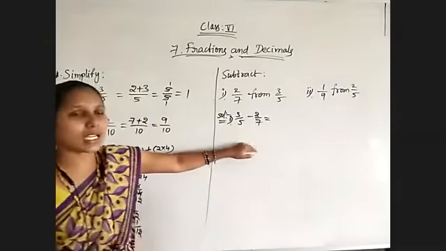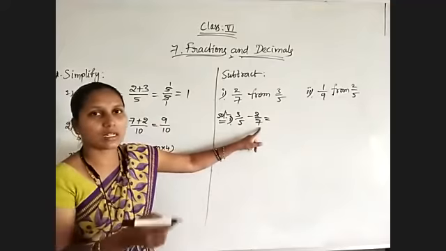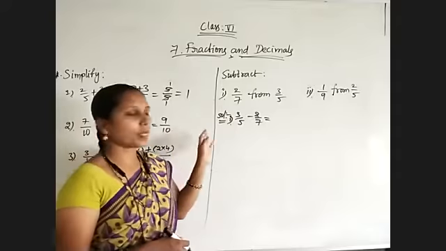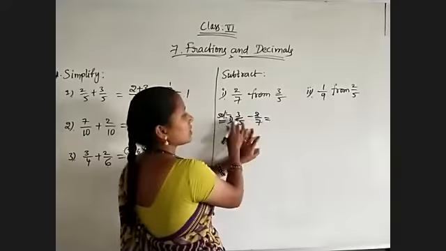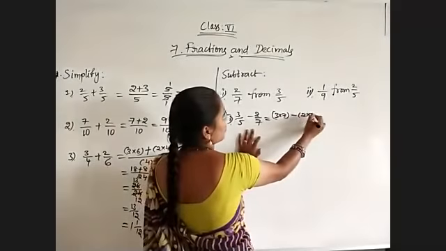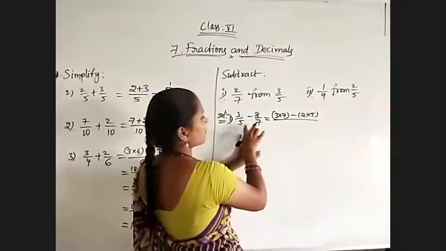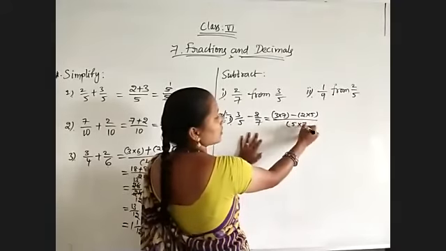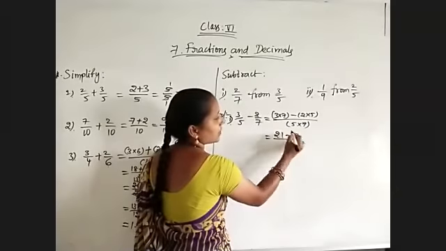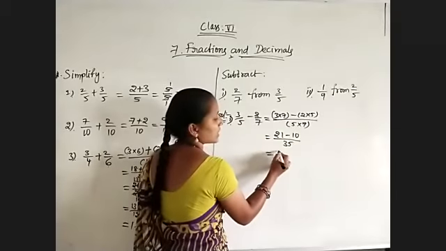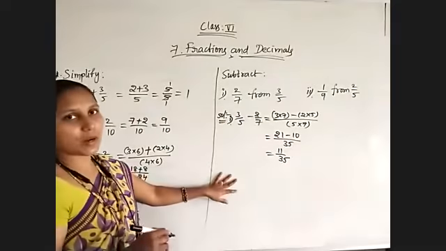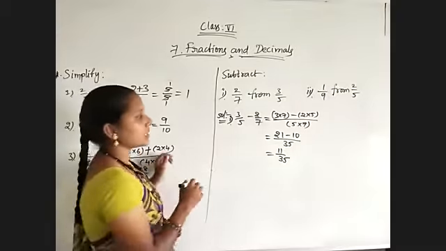Just observe, if you are taking LCM also, 5 and 7 both are prime numbers. So even with LCM you will get the same as cross multiplication. Now coming to the cross multiplication, 3 into 7 minus 2 into 5 divided by 5 into 7. That's it. So 3 7s are 21 minus 5 2s are 10 divided by 5 7s are 35. So 21 minus 10 is nothing but 11 by 35. That's it. 11 by 35 is a proper fraction.